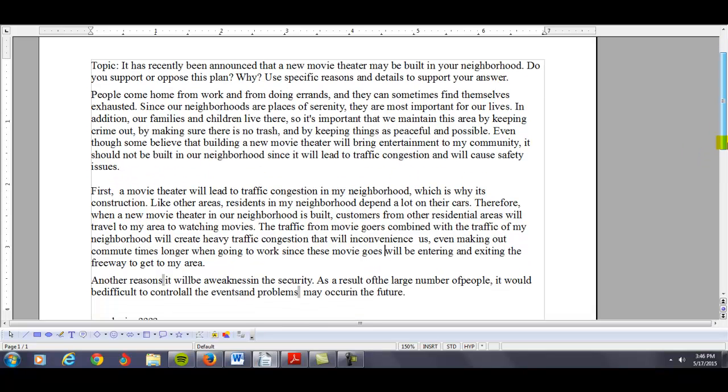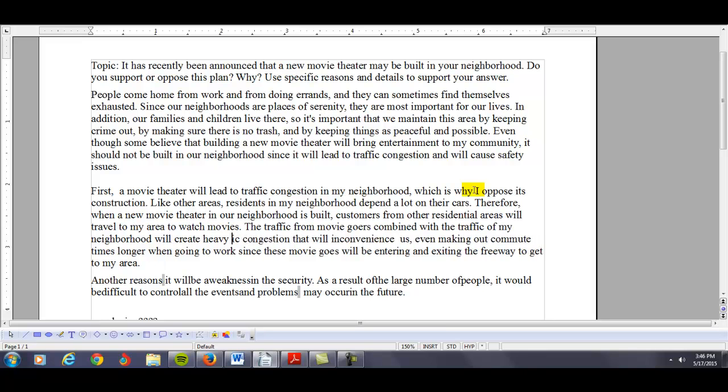Alright, so now let's take a look at what we have here. First, a movie theater will lead to traffic congestion in my neighborhood, which is why I oppose its construction. Like other areas, residents of my neighborhood depend a lot on their cars. Therefore, when a new movie theater in our neighborhood is built, customers from other residential areas will travel to my area to watch movies. The traffic from moviegoers combined with the traffic of my neighborhood will create heavy